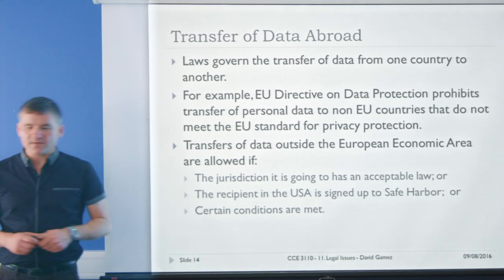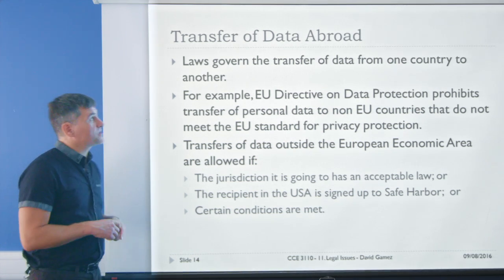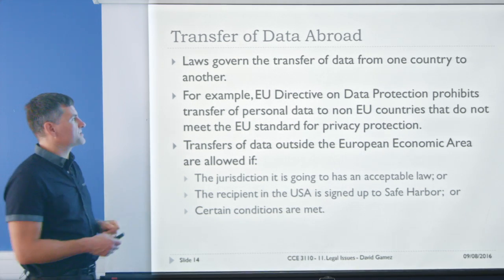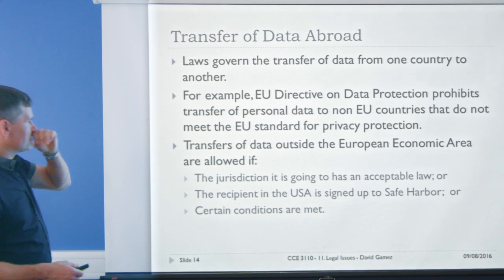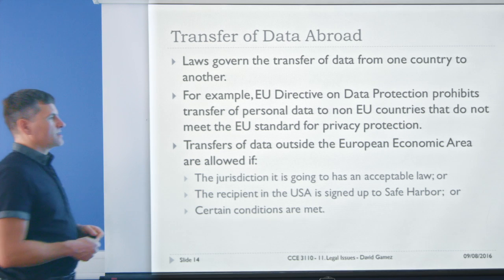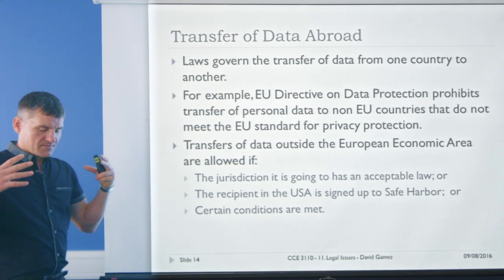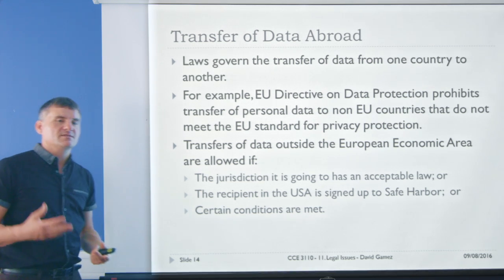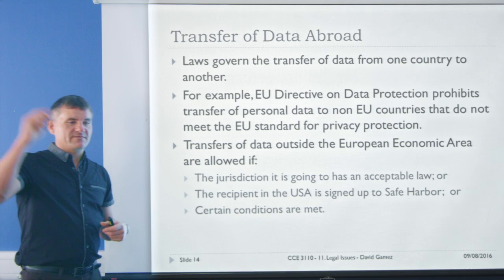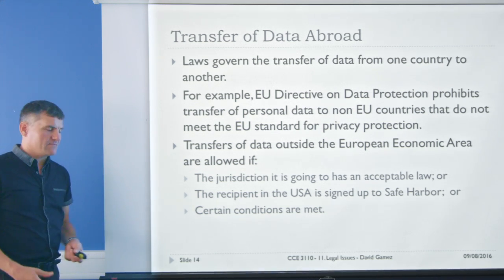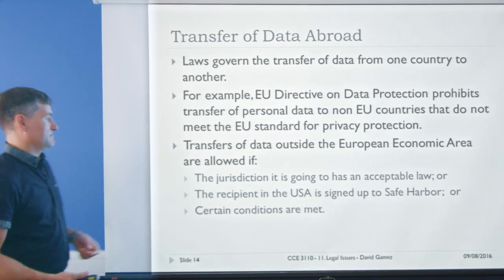Now, something to be very aware of when you're building an internet scale application is the laws on transfer of data abroad. Again, this is typically personal data, and that's why the criteria for personal data are so important. So the EU Directive on Data Protection prohibits transfer of personal data to non-EU countries that do not meet the EU standard for privacy protection. So basically, the idea is that data that's held within the EU that contains personal information about EU citizens or anyone within the EU can't be transferred to another country where they might potentially use that data in a way, for all kinds of unpleasant, bad, unpalatable ends kind of thing.